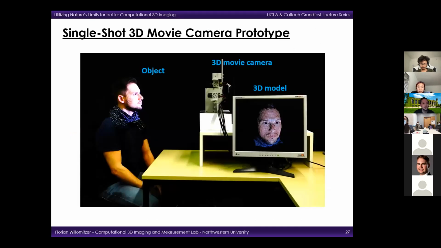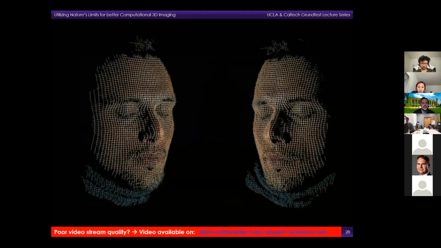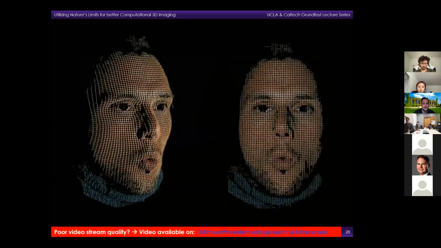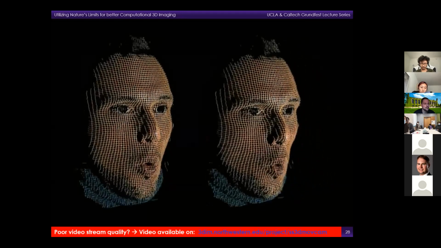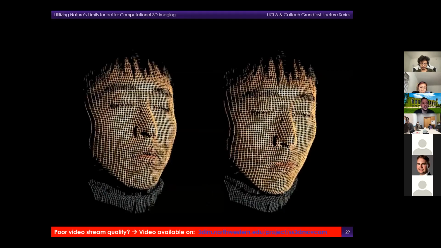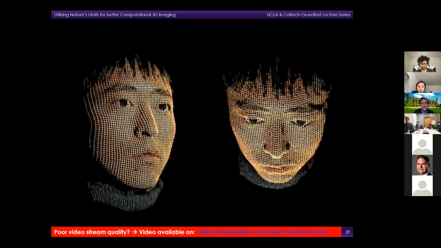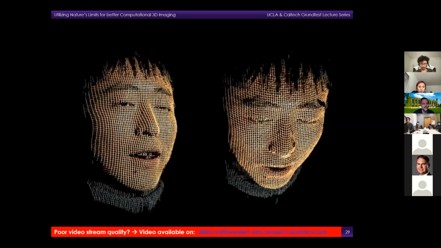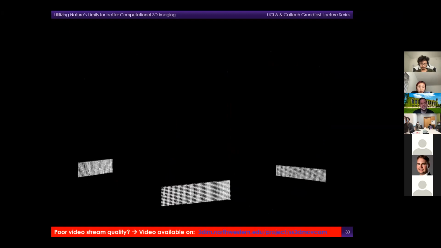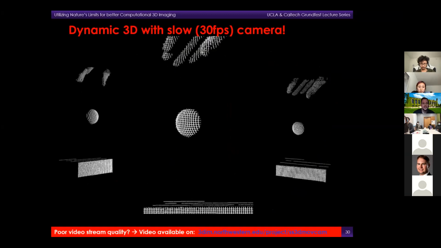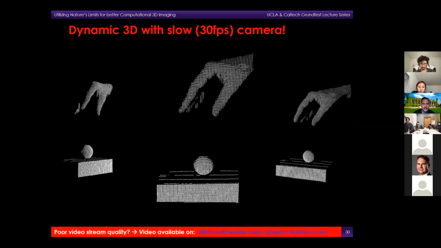Before we move on to the next topic, just a quick side note. Of course, we can also do this with color cameras. Here, this is an image of the prototype where you see the preview of the 3D model on the screen. And this is how such a colored 3D model looks like. Still raw data, no post-processing applied here. I think many people in the audience can imagine what you can do with a 3D sensor that outputs raw data with this kind of quality. And this is the last video that I will show, which shows the real-time capability again of our sensor.